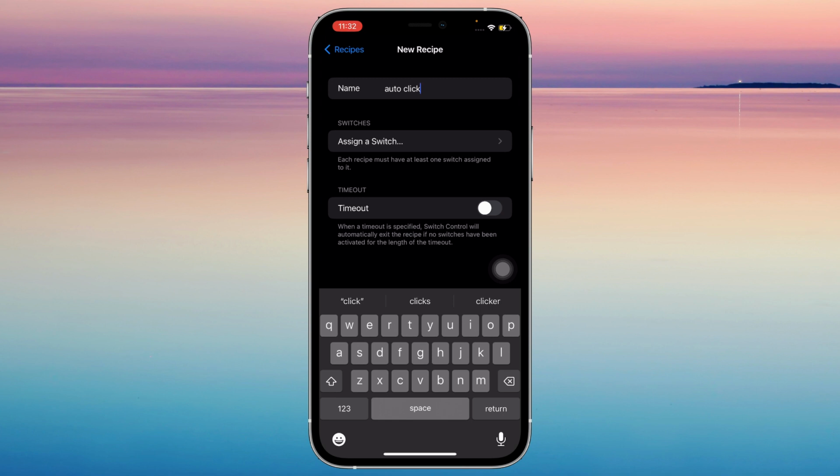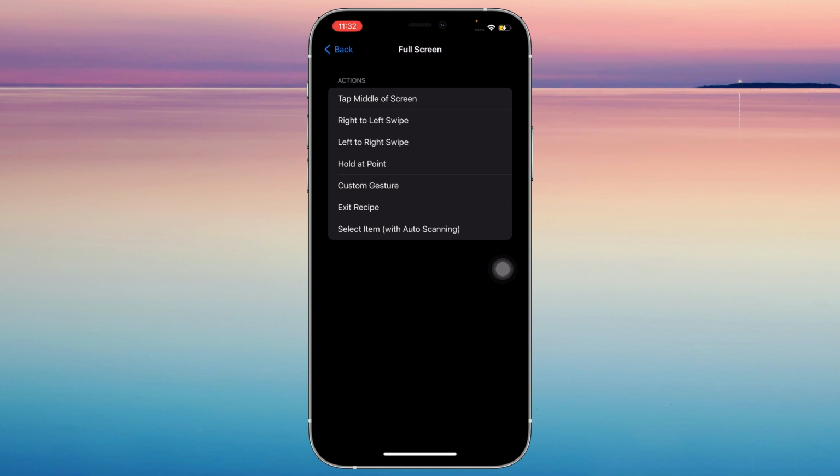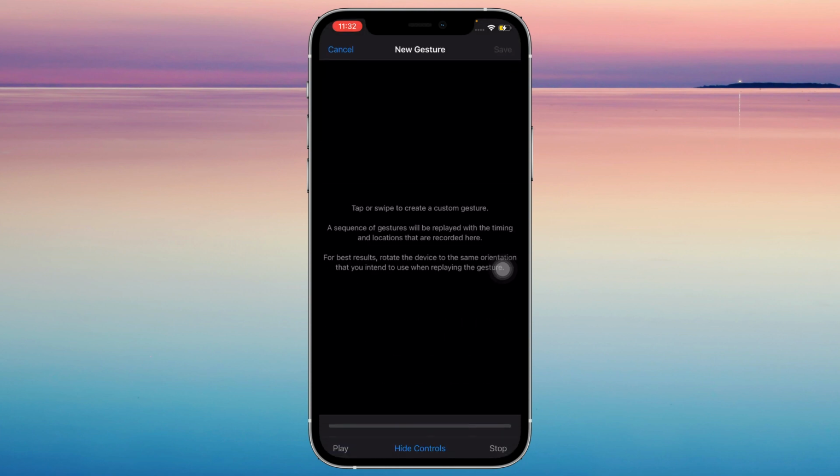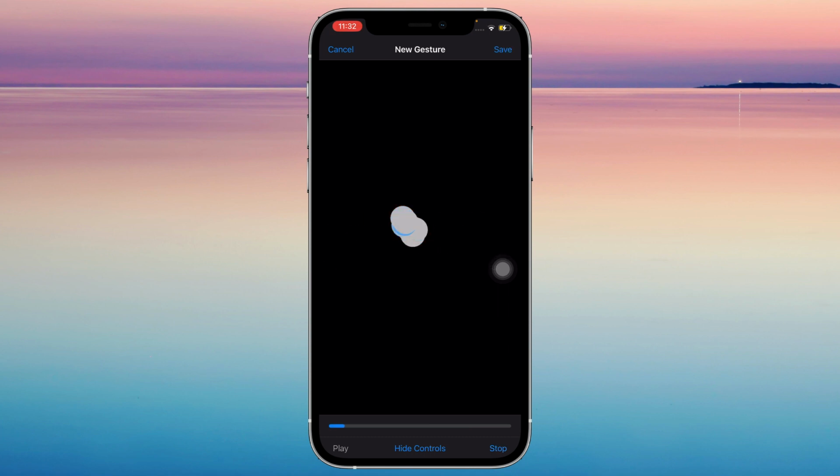And now that you have a name, go to assign a switch, tap on full screen and custom gesture, and basically you're gonna want to spam on the certain area that you want to auto click. So just tap on that, keep on tapping, and then stop, and tap on save,